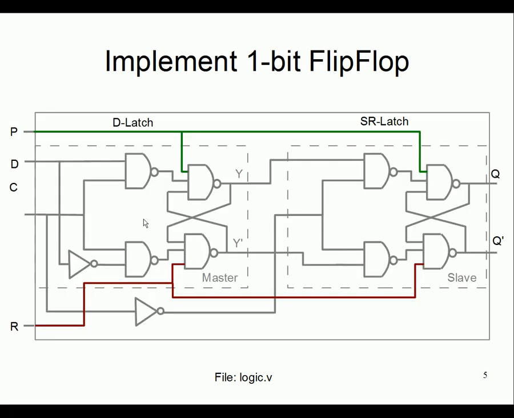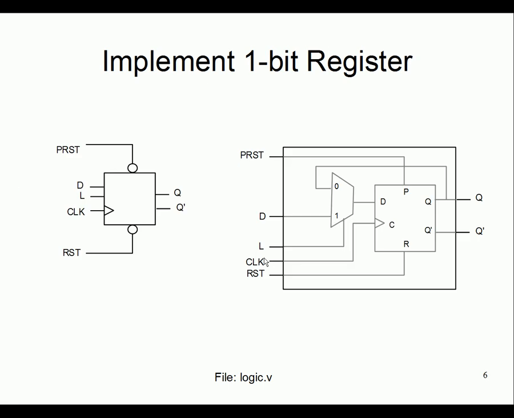then use that in a D-latch, then connect these 2 latches, instantiate 1 D-latch and 1 SL latch, connect them together like this connection, and you have your 1-bit flop. Okay, so once you have 1-bit flop, then out of that make 1-bit register. Instantiate that flop with a multiplexer, 2x1 multiplexer, 1 bit, 2x1. It's already been implemented in earlier lab. So instantiate that and combine this like this, like we have a load, D, preset, reset, clock, Q, Q bar. So this becomes your 1-bit register.